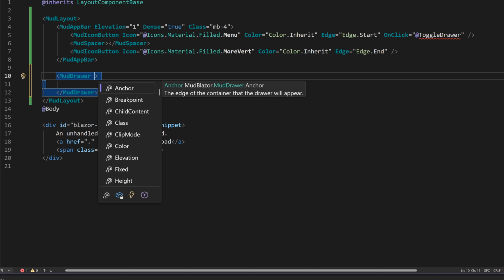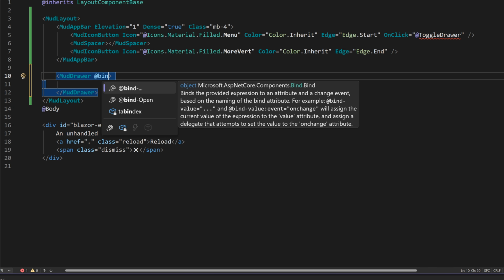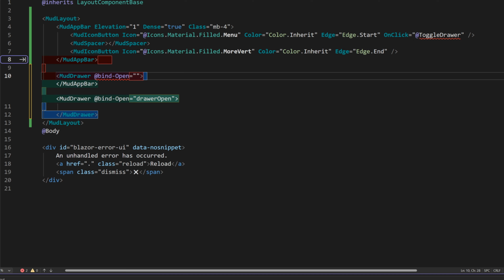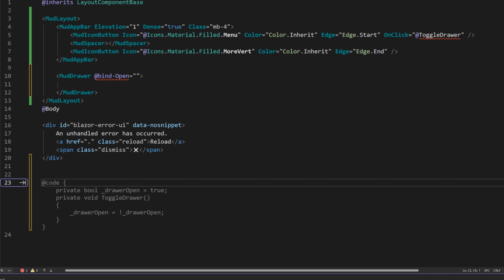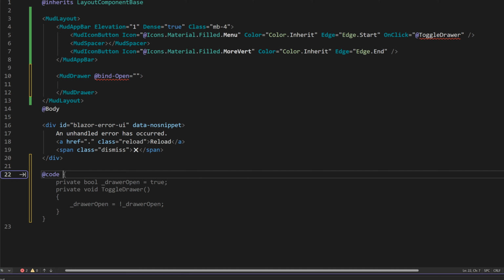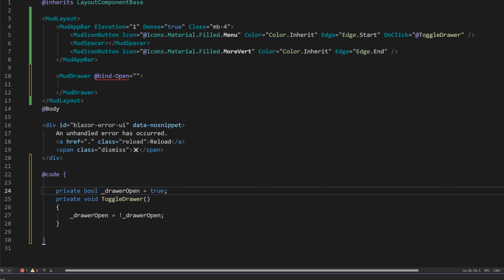These suggestions, depending on your settings in Visual Studio, have become a bit more intrusive in the later versions. We want open, and in order to have open, we will actually need a bit of code at this point. So let's do code like that, like that, like that, and we don't even need to waste time. We have a whole suggestion. Now, you may have noticed in this case, I just pressed the tab on the keyboard and used the suggestion. In general, you want to be careful, especially when working with MudBlazor. If you are